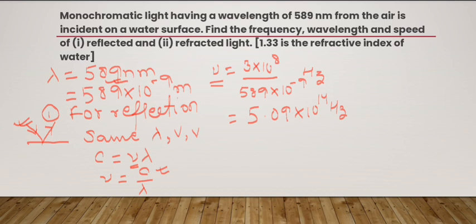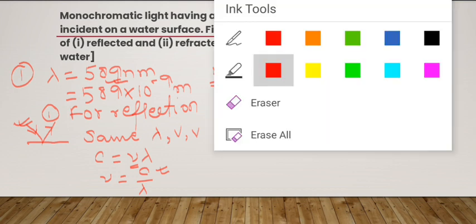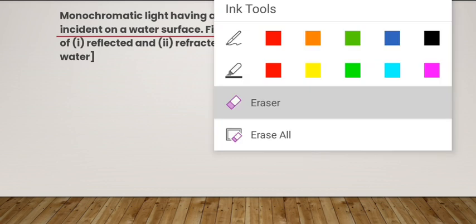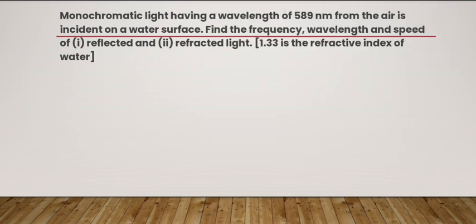For the refracted light, let us first erase this. You can take the screenshot if you want to. This is the first part of the question. Now, after erasing, the second part of the question says, find the frequency, wavelength and speed for the refracted